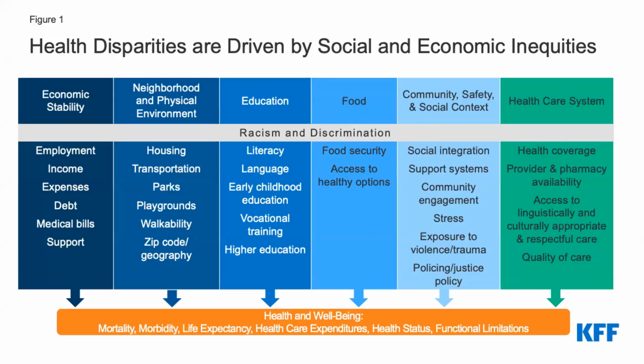And what I want to leave you with, and this is not the end, in case you haven't thought about social determinants of health, is that health disparities are driven by social and economic inequities. I'm not saying that algorithms need to solve this, but I am saying that when we put in an algorithm and we use AI to diagnose, we also have to recognize that it's not just about a diagnosis, not just about I've early detected Alzheimer's or diabetes or cancer. It's figuring out then, what am I going to do with that? And who's responsible for that? But where are those biases in? Because an algorithm doesn't look into the implicit and explicit biases within our social context that drive health disparities.